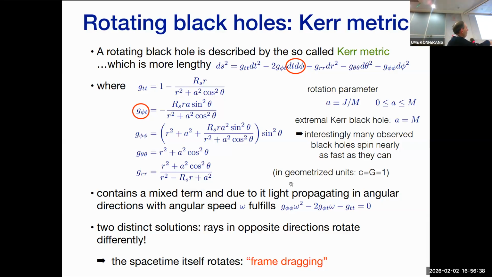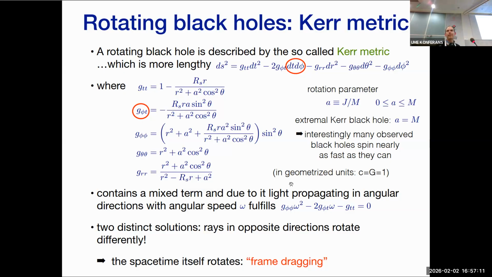So there is what's called an extremal Kerr black hole. That's the limit to get a sensible black hole that we can kind of comprehend. And so that's what you get. I mean, you do the same thing. You look at a solution of the Einstein equation now, including angular momentum, and you get this. You get a slightly more complicated metric that somehow reduces to Schwarzschild in the case A goes to 0, but